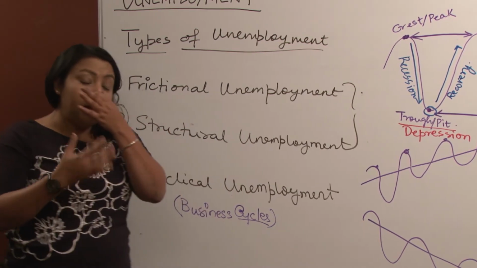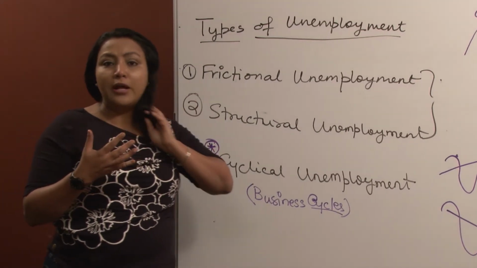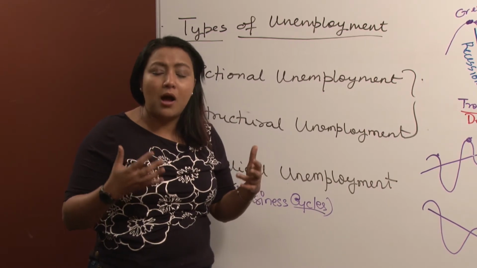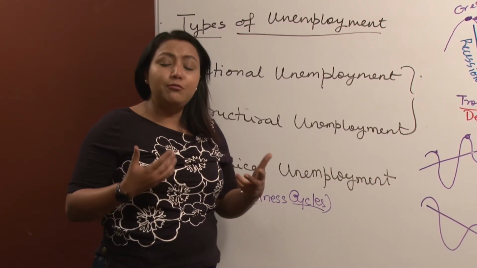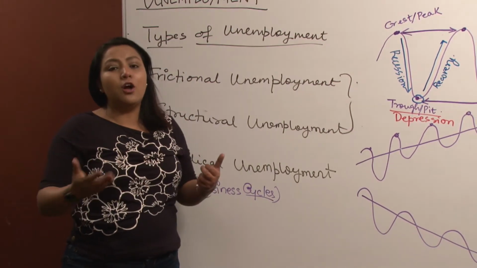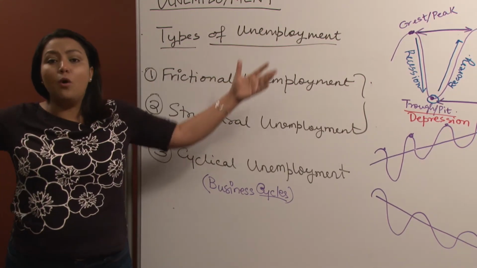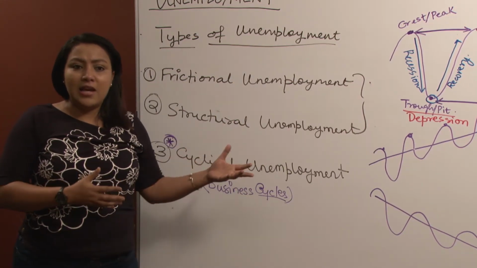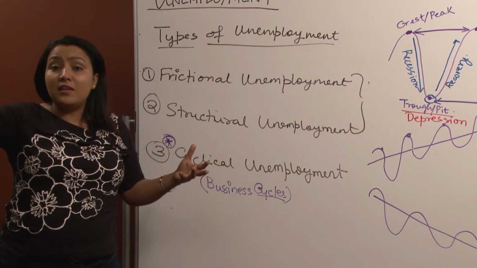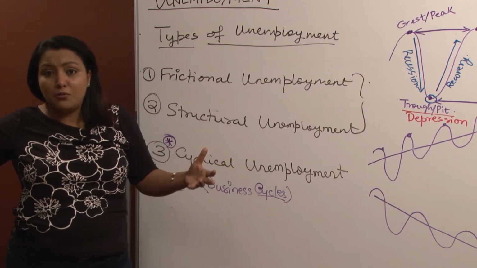For example, in 2008-2009, it was a serious situation for the United States. The unemployment rate had gone as high as 10%, an all-time high, and yet the government did not call it a depression. They said it was a great recession, but did not call it a depression, because you have to understand that now really the world has opened up. A country like the United States, whatever happens in the USA has repercussions on the global economy. It has repercussions everywhere. If people lose jobs here, people do lose jobs elsewhere.